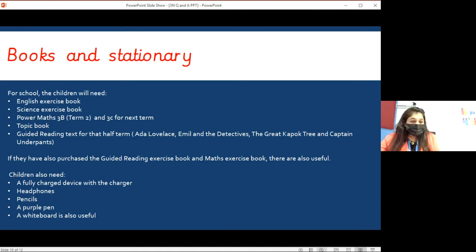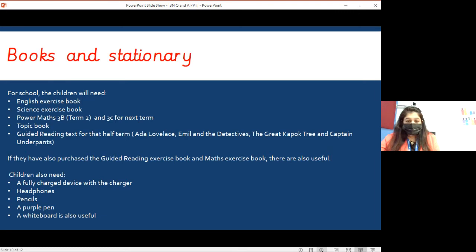Apart from these, for the students who are coming to school, the ones who have opted for blended learning, please ensure that when they are carrying a fully charged device, they also carry a charger, because sometimes, of course, the battery runs out and it's difficult for the students to then attend any particular lesson which is not in the classroom, for which they need to log on to Teams. And they also have a challenge when they need to upload certain activities on Seesaw, because they're not able to use the device. They also need to make sure that they're carrying headphones,